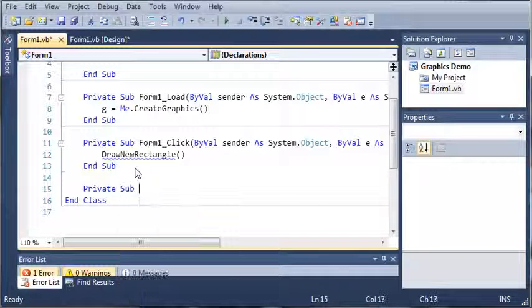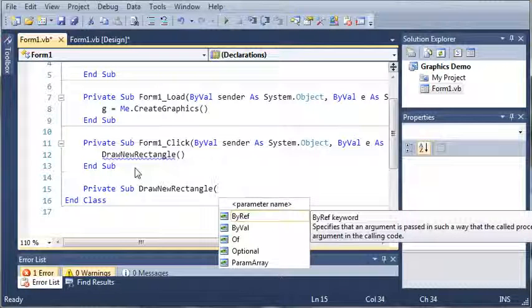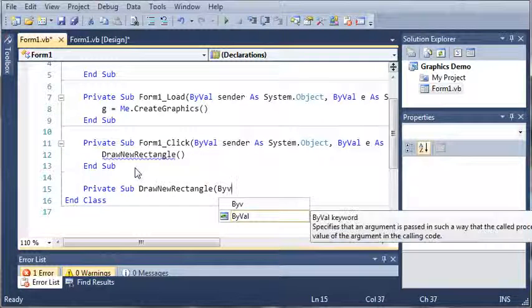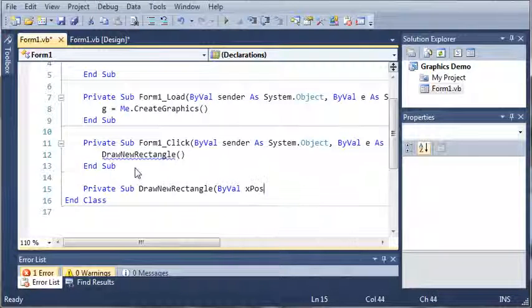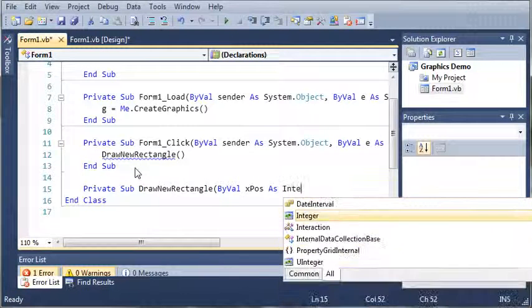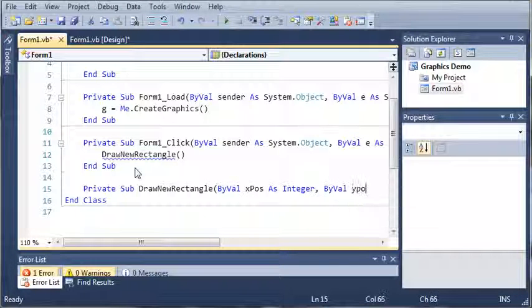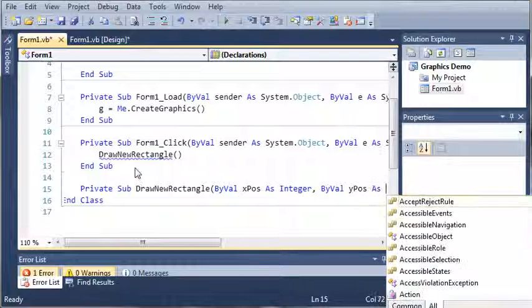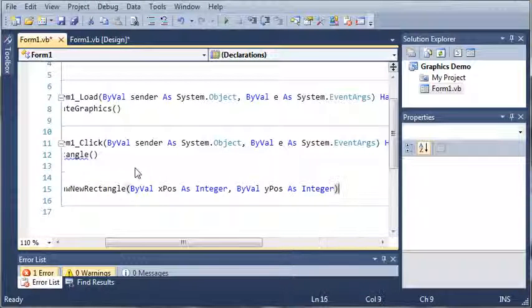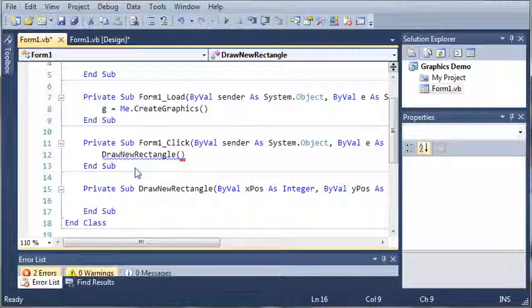So private sub draw new rectangle, and we're going to need the x position. So by val x position as integer, and then the y position. So y position as integer. Okay, so whenever they draw the rectangle, and whenever they click draw new rectangle, let's just go ahead and